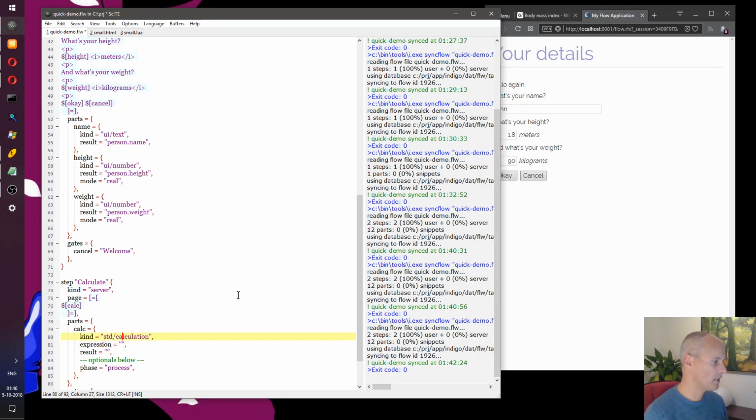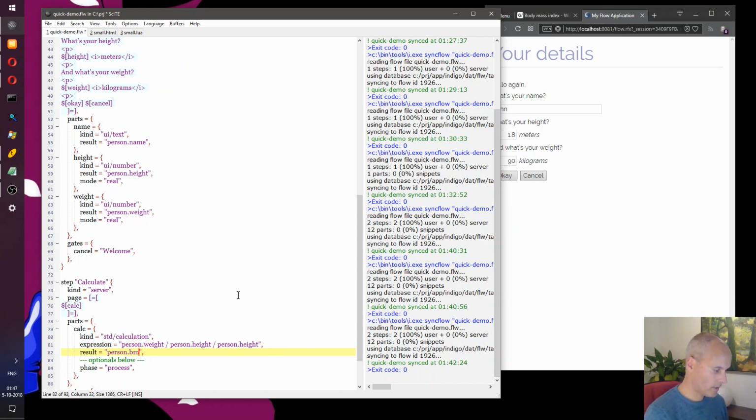I can simply say person weight divided by person height. Well, we can do the squared thing, or I can do it like this. And we need to store it somewhere.